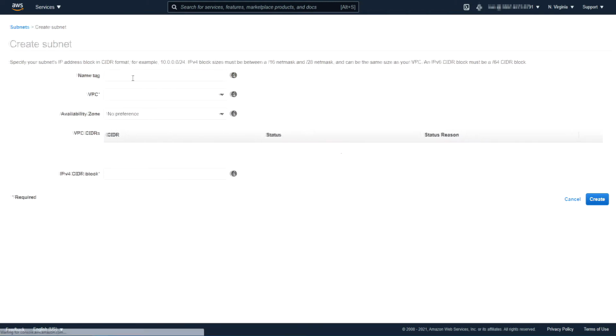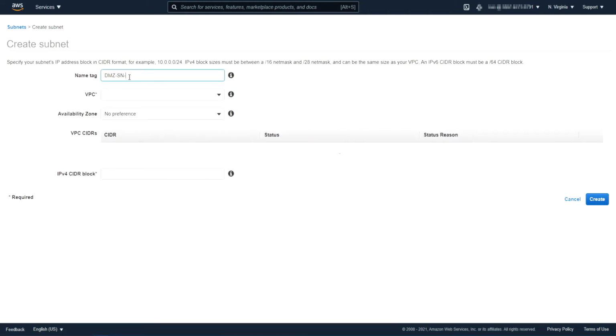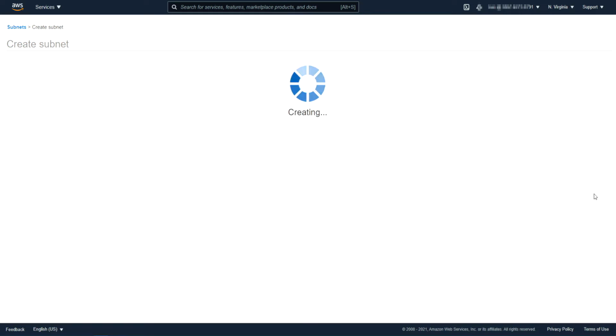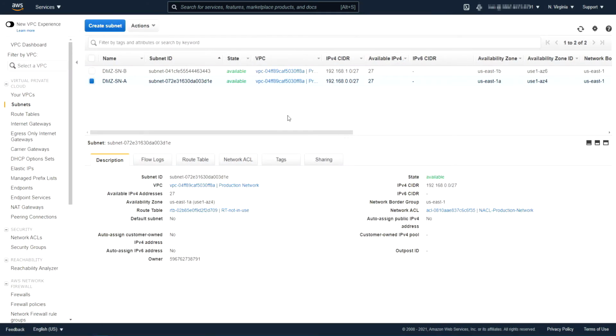We're going to create our second public subnet, which is going to be B. And our VPC is production network. Our availability zone is B. And our CIDR range here is going to be equally small, 168.1.0/27. So a prefix of 27 from 32 gives us number 5. And then that gives us our 32 IP addresses. So our two public subnets are created. Now let's create